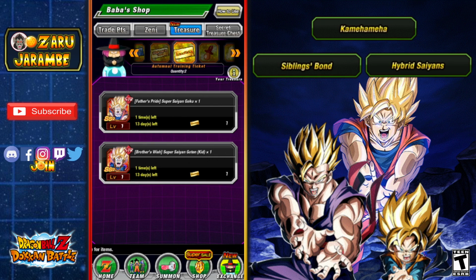And if you haven't already, they gave us this ticket for free, the Autumn Exchange ticket, basically. You can go in and you can get each of these units, the Goku, the Gohan, and the Goten. You can get one copy of them for completely free. And if you already have them, here's the thing: I do recommend Dokkan Awakening one copy and keeping another copy un-Dokkan Awakened, but getting them leveled up